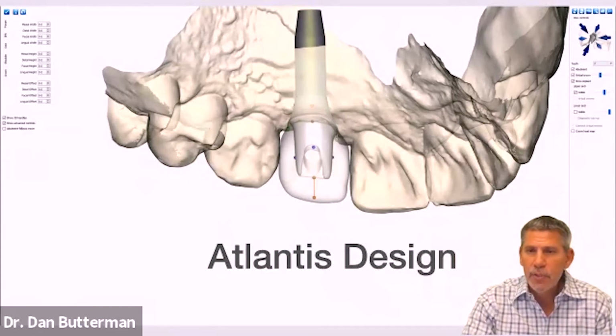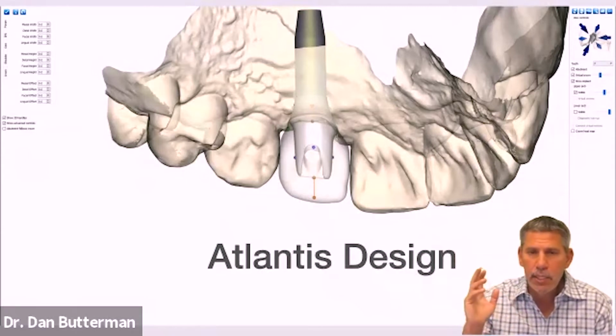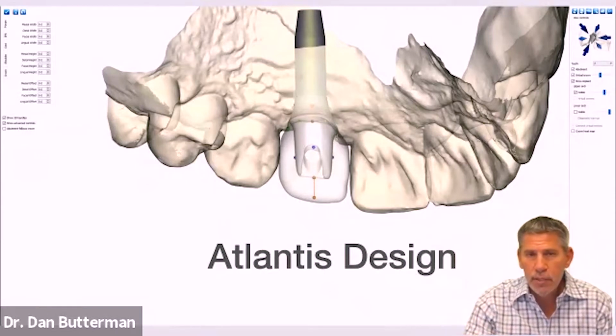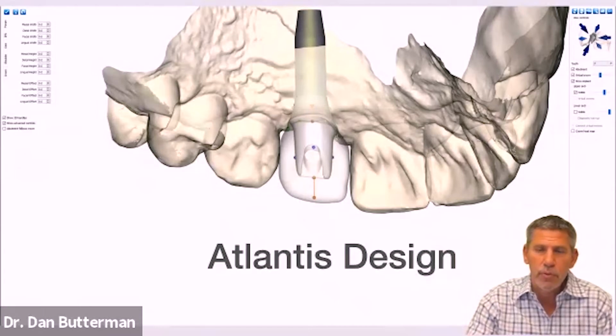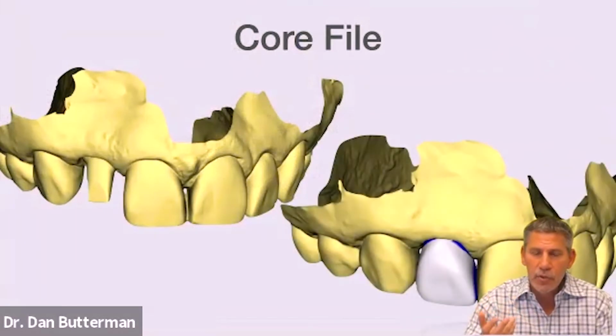But I have the option to open up an editor. And this is on Atlantis's website. This is not with my imaging. This is not anything that I'm using on my equipment. So I'll just log into their website. I'll take a look at this abutment, and now I can start moving margins. I can start changing contours. I can adjust anything on here to what I like. And as soon as I hit approve, then it goes into manufacture, and then they will automatically create that core